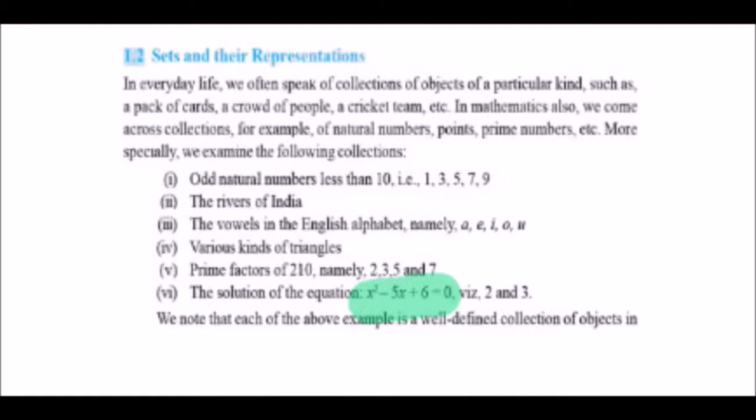So what we devise here after discussing this is: a set is a well-defined collection of objects. If the rivers of India is a set, Ganga is an element of that set, but not the river Nile. The river Nile will not be, because this is not what we are trying to tell about. We are trying to describe the proper set, well defined,